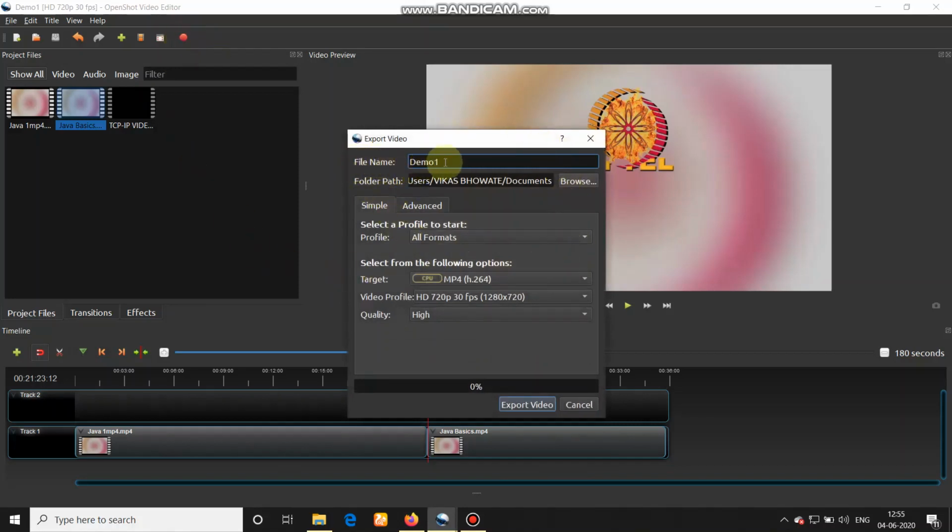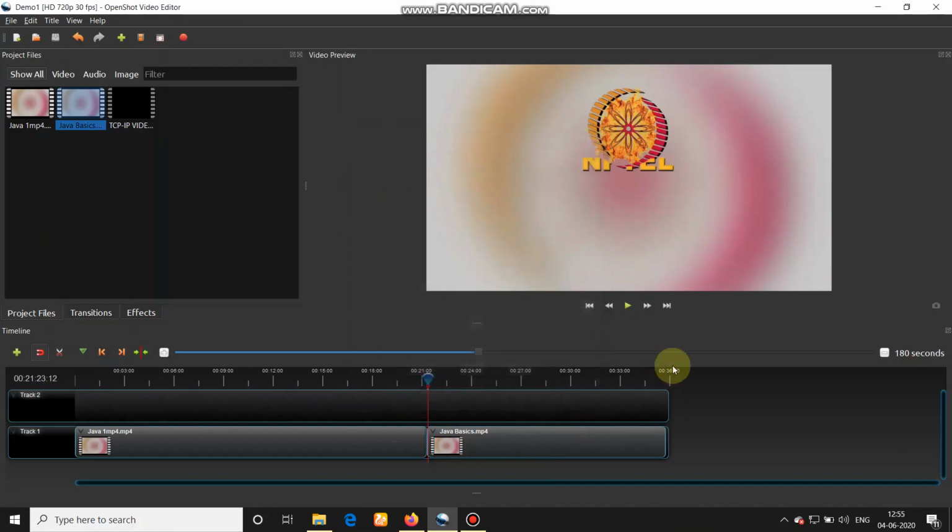You have to give the file name and the path where you exactly want to save the particular clip, and you just need to click on export video. Right now I am giving the demo, so I don't want to export the video. It will take time, so I am going to cancel it.